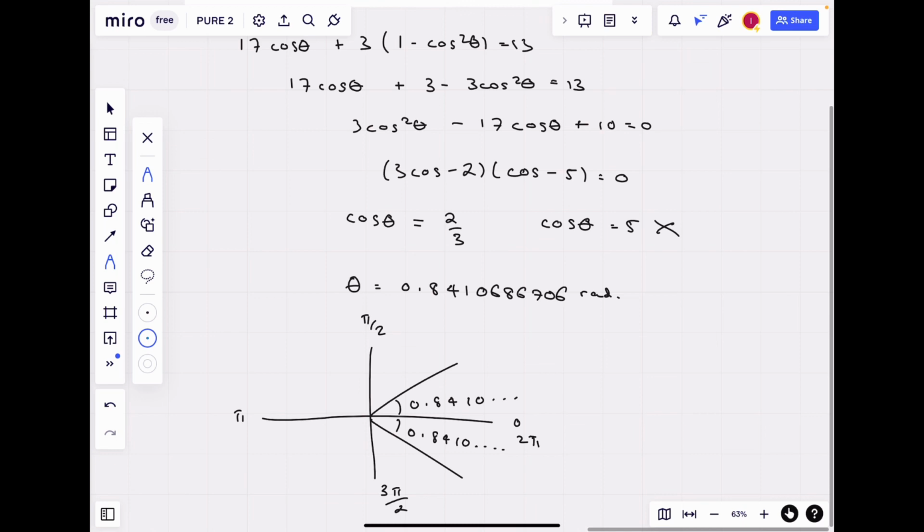Okay, this is our first value. That is the second value, which is 2 pi minus 0.841, which would give